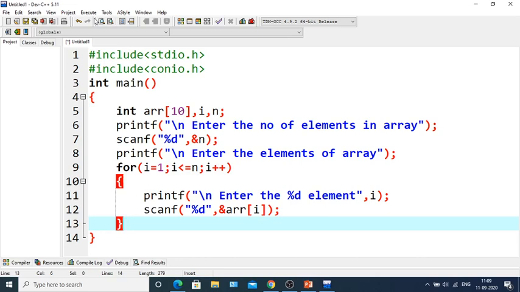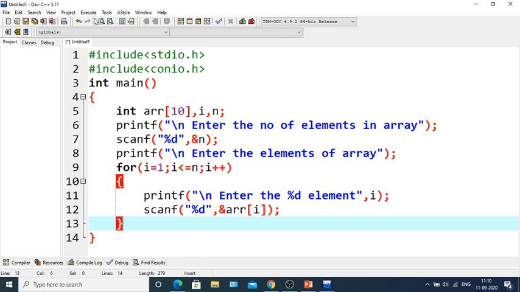When the value of i equals 2, the value we have entered through the keyboard will be stored at arr[2]. And when the value of i is 3, the value taken from input will be stored at arr[3]. Like this it will be stored.